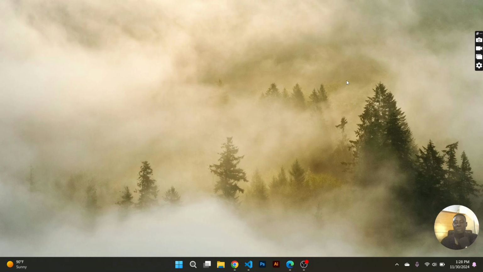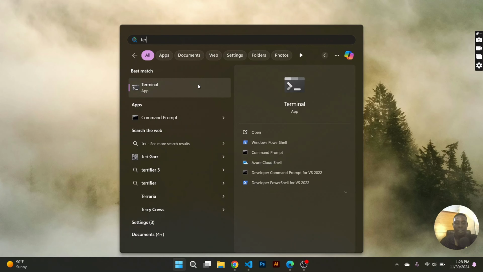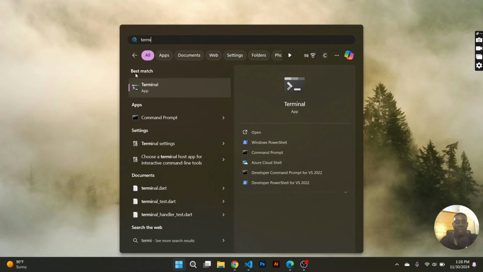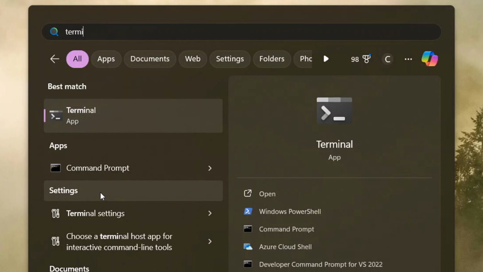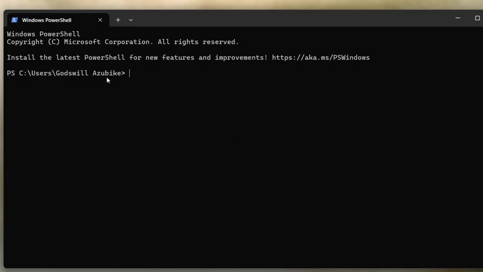So first thing we need to do is to check the system. How do we know that we don't have Flutter in our system, or Flutter is not yet configured in our system, or you tried to configure it but it's not correct? So let's check. First thing to do is to open terminal. If you don't see terminal, you can use command prompt. You can select any of them. I'll be using terminal for this example. So you open terminal and then you write